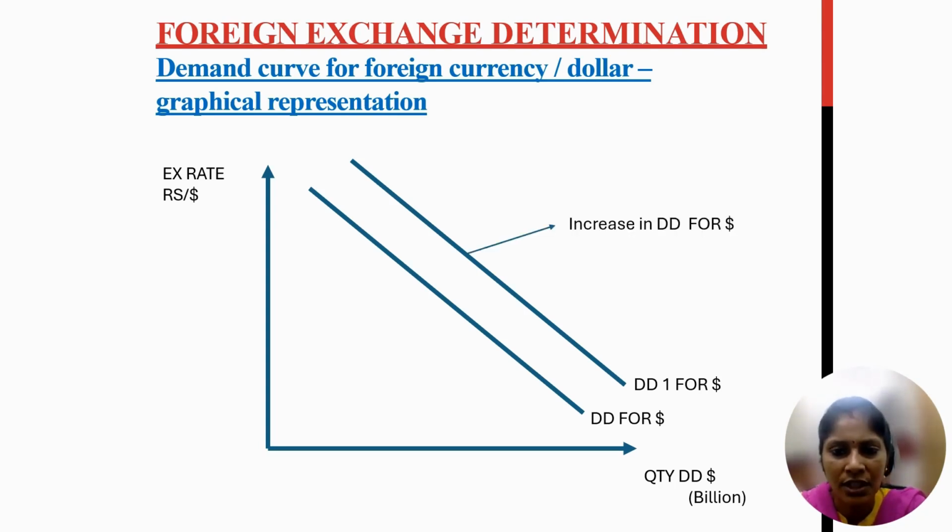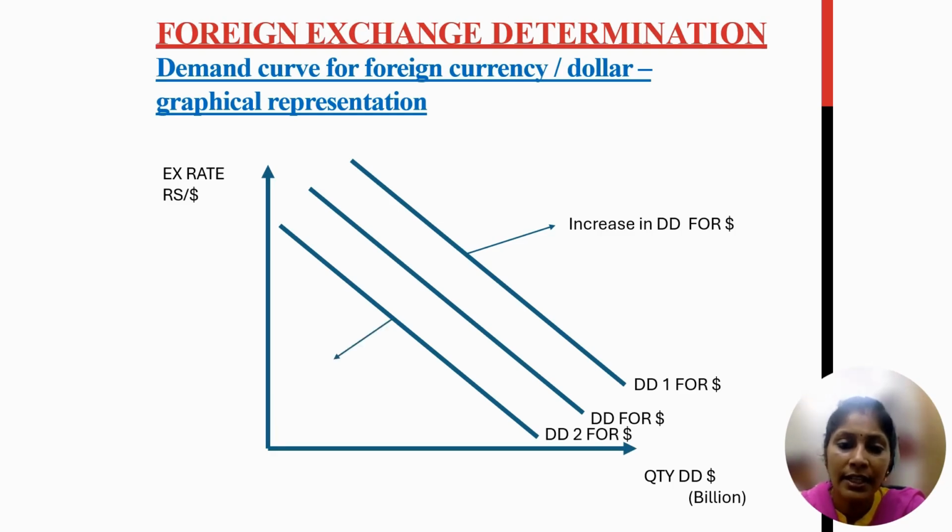And the demand for dollar will decrease when there is a decrease in import of goods and services, or the number of tourists gets reduced from India to abroad, and the other factors. So this is the shift in the demand curve,